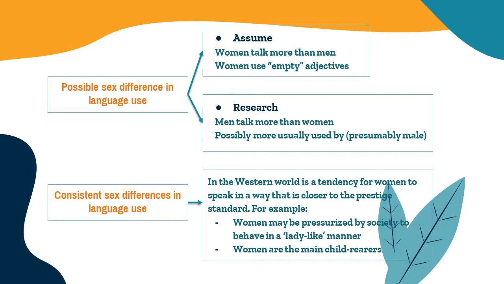For example, women may be pressurized by society to behave in a ladylike manner, and speaking nicely may be part of this. Or because they are the main child rearers, they may subconsciously speak in a way which will enable their children to